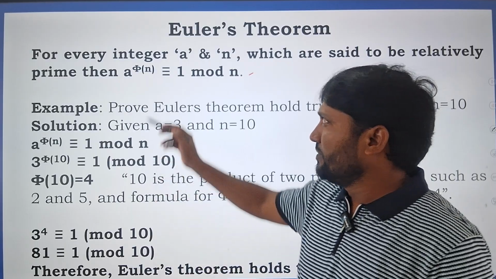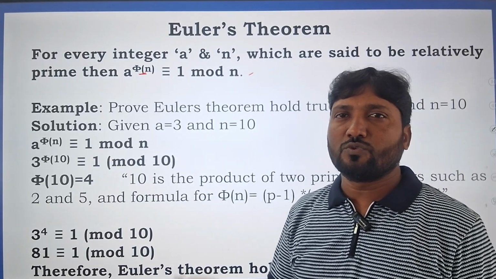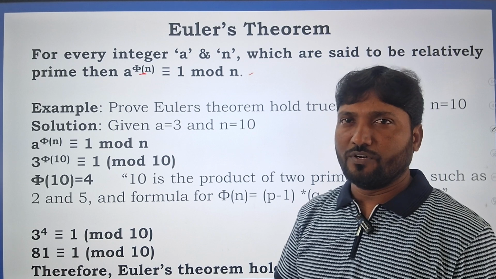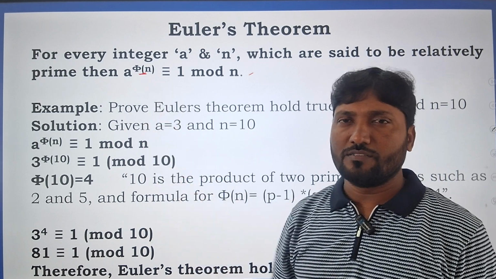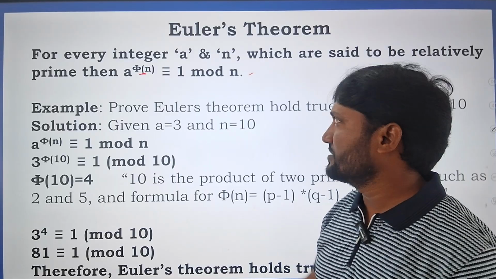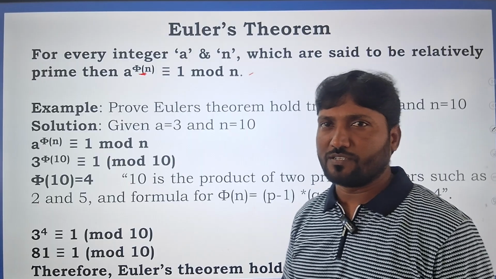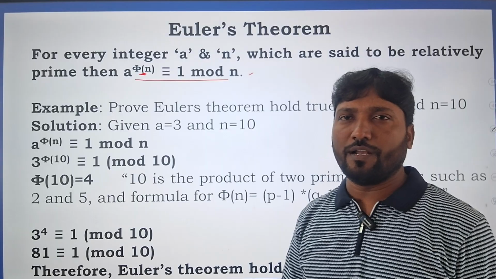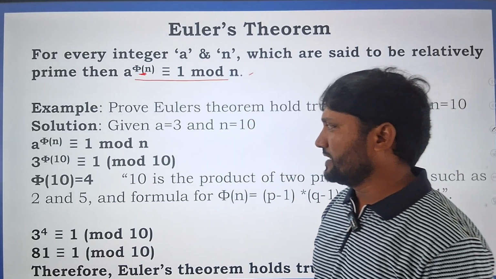That means you must know how to calculate the phi of n value, that is the Euler's Totient function that was discussed in the last video. If you want to understand how to calculate the Totient function, let us watch my previous video to understand clearly what Euler's Totient function is. Now let us see here. By using this formula, we are going to identify the particular value for the given